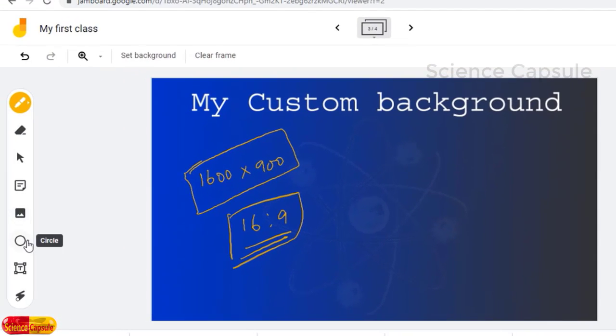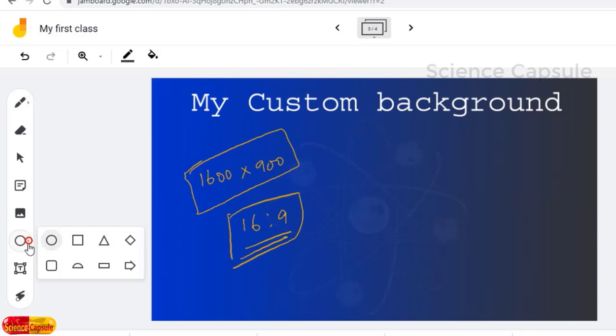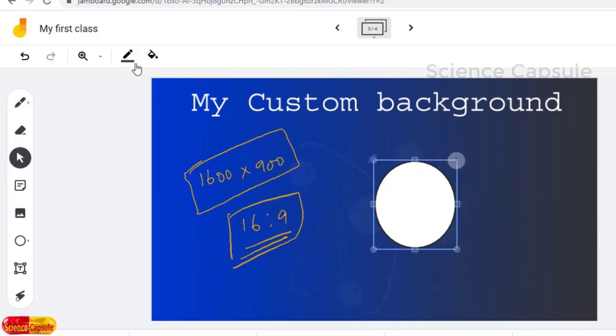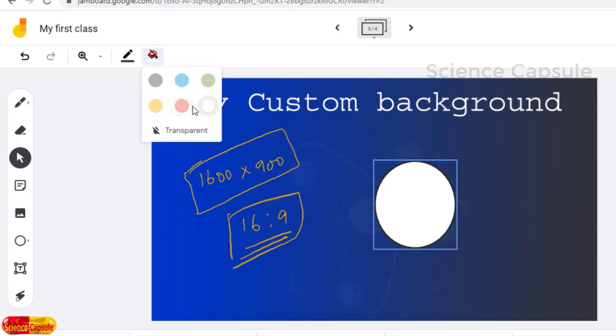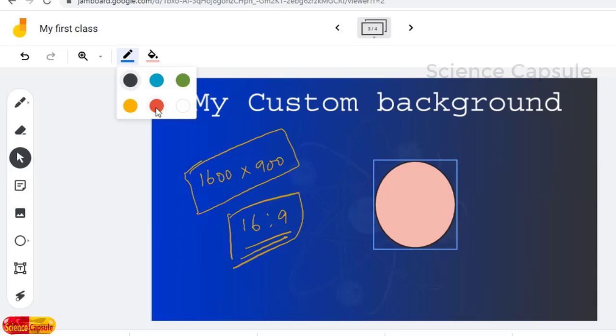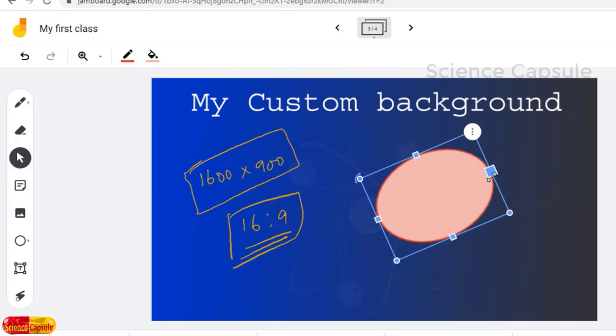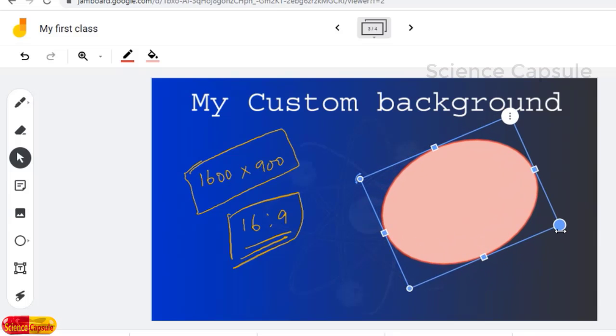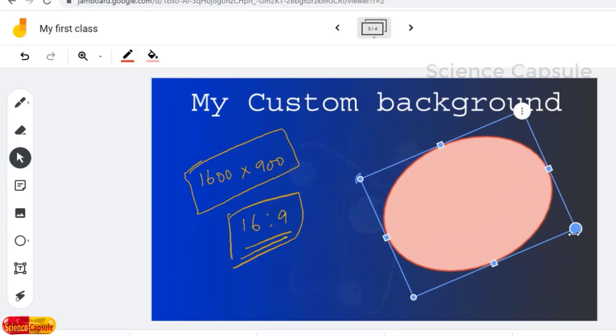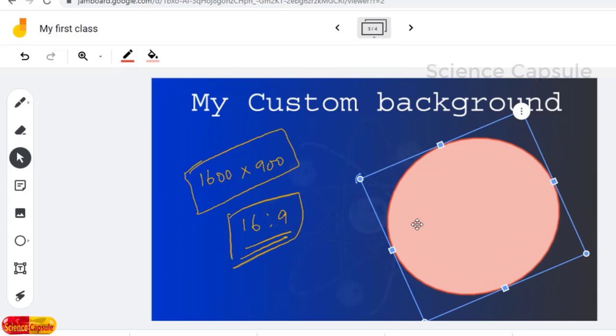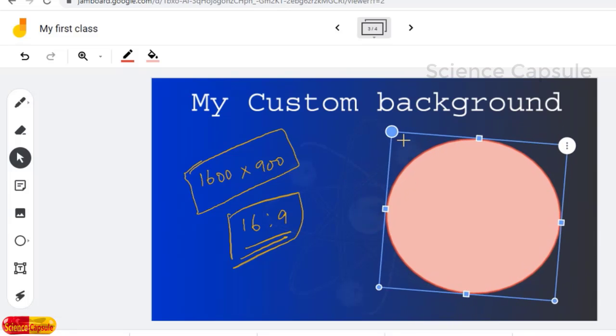See here, circle, which can be used for mathematics and so on. In this circle you can fill different colors. This is the fill color and the outline color. If you want to change it, it can be changed, and if you want to rotate it, you can rotate, and if you want to enlarge, you can enlarge. If you want to increase the size equally, click on the corner point, then it will expand equally. If you want to increase the height or width, use the central point. So this is how we can use circles.